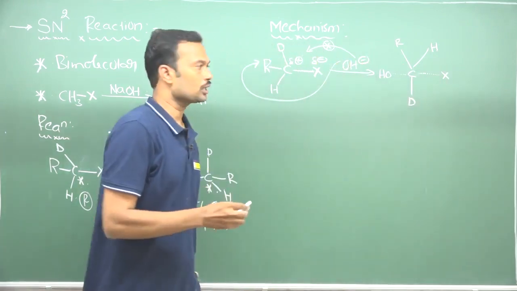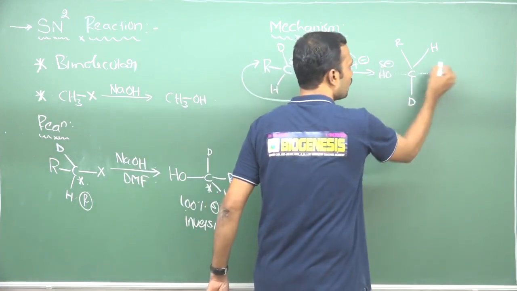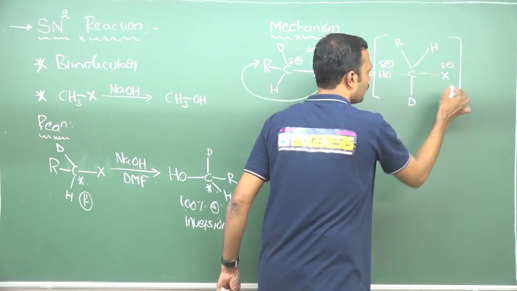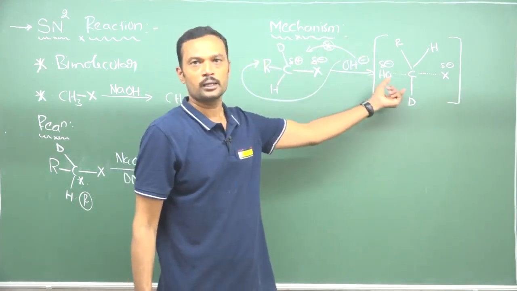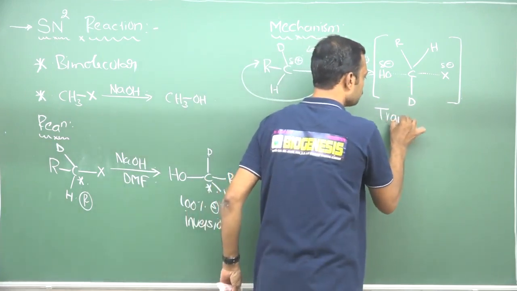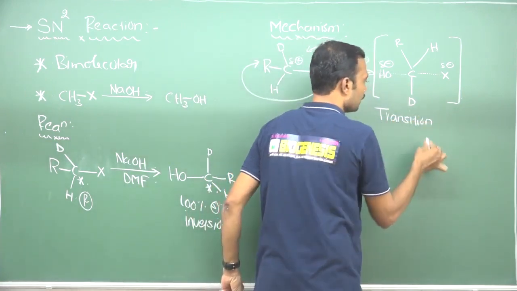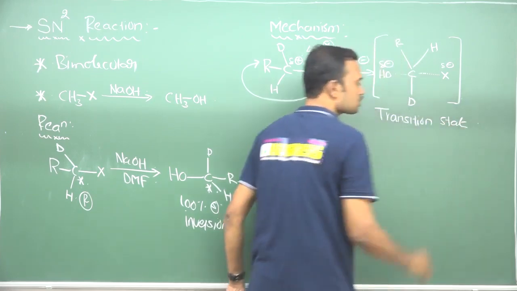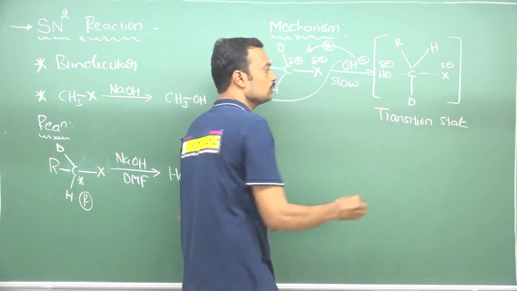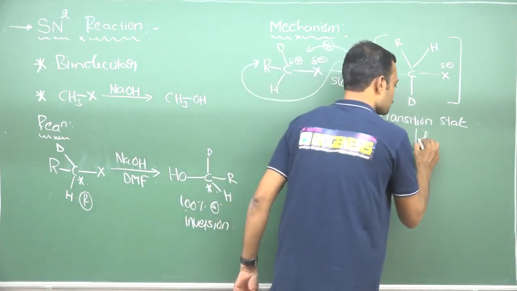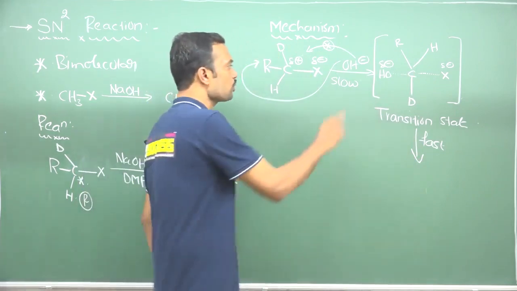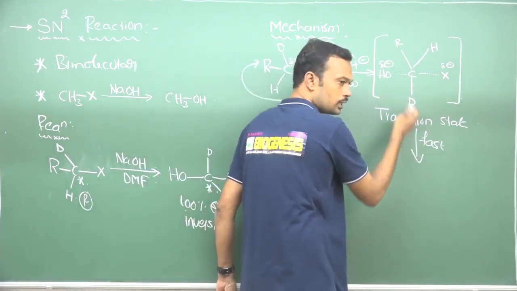So, both are nucleophilic in nature, the hydroxy group is nucleophilic, the halogen is also nucleophilic. Now, this is a complete transition state. The coordination number of this carbon is 5, but valence is 4. This is completely a transition state, it is not a step involved in this case. So, this is a very slow process. Later on, this is a very fast process. It is not a two-step reaction, it is only one step. This very slowly interacts and this very fast eliminates out.